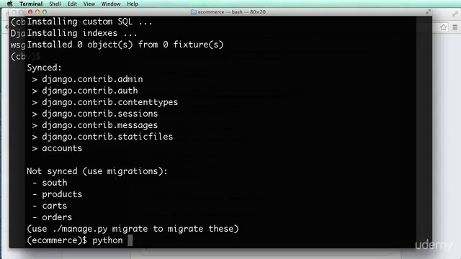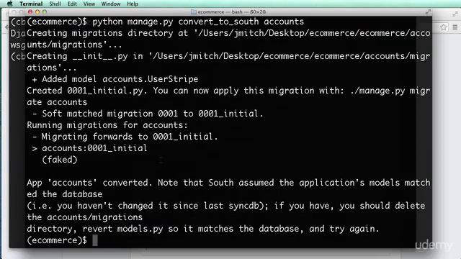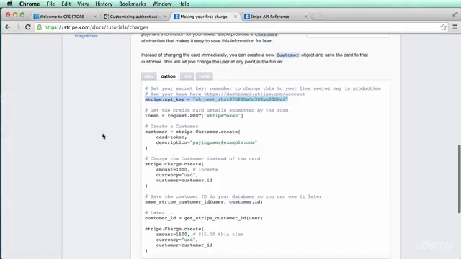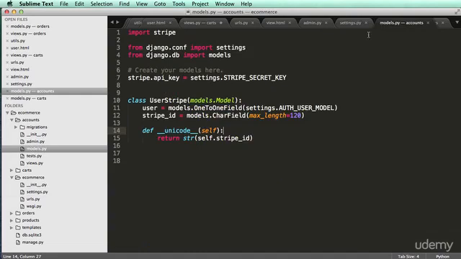I'm going to convert them to South. So python manage.py convert_to_south accounts. Okay, so now I can actually make changes to the models as we've discussed before. Okay, cool. So now that I have the actual model coming in, you might be wondering, well, why do I